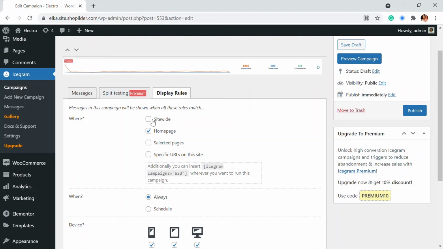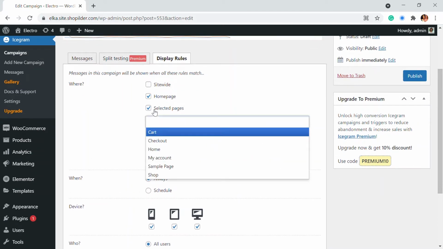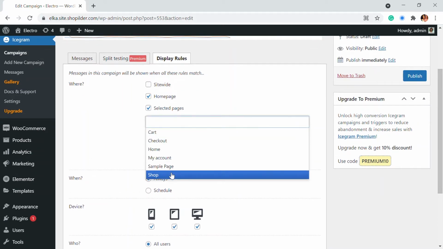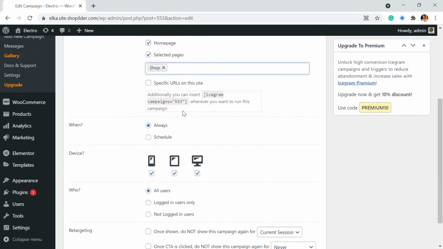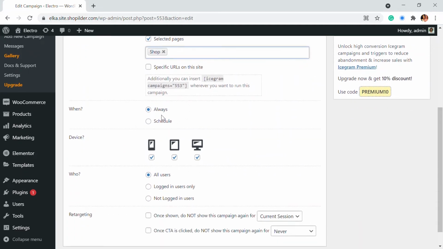So you can choose where you want to show the notification bar. I'm going to choose the home page only. And if you want any selected pages, you can choose which pages you want, and any specific URLs, you can give that. Also, when do you want to show your notification bar? You can choose to do it always, or you can schedule it to a particular time.